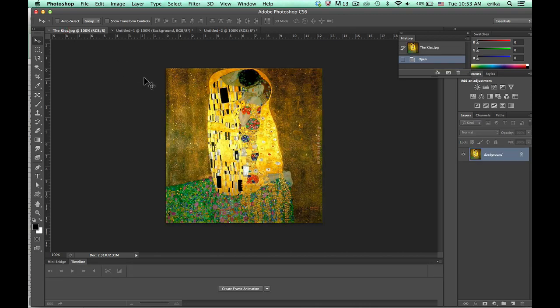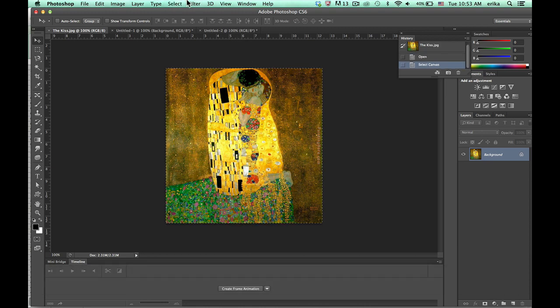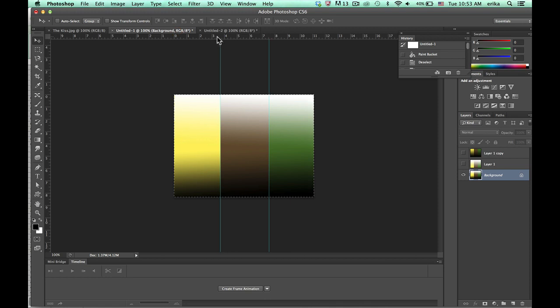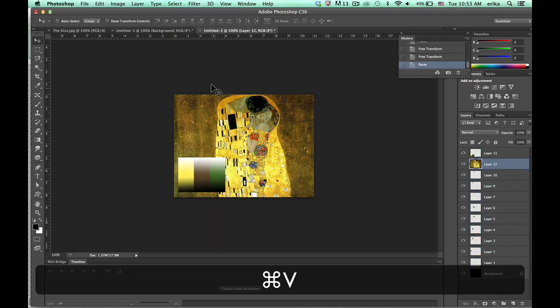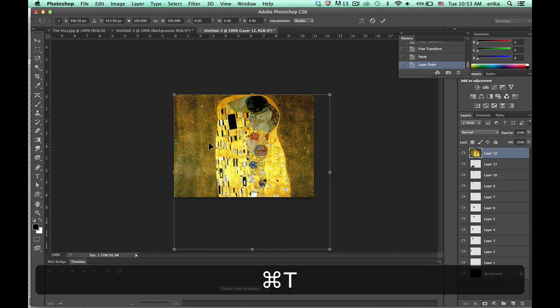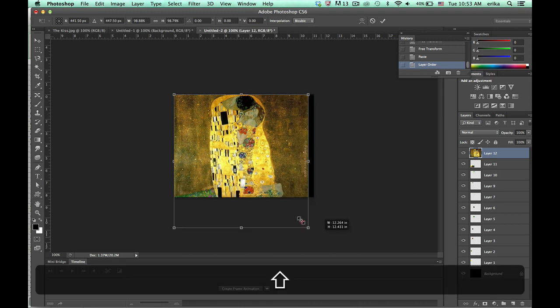Go to your original piece, the kiss in this case. Select all, Command A. Right, so that's under select all. Copy it, Command C. And on your black piece, Command V. And again, transform it. Now I'll move this to the top. So Command T, go from a corner, hold Shift,